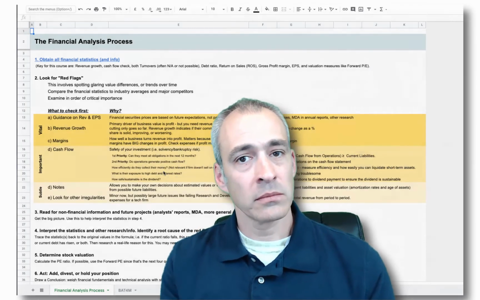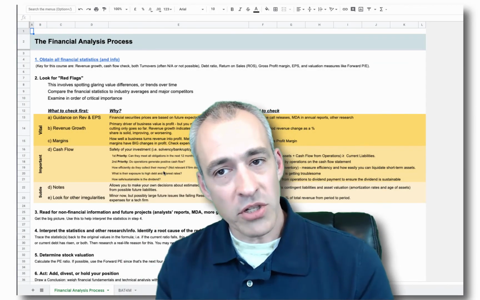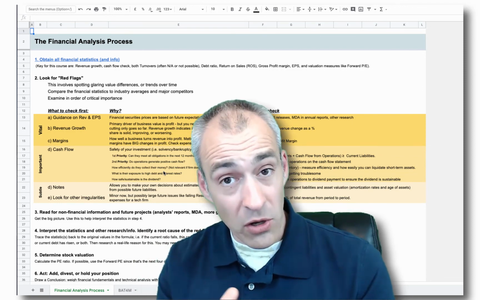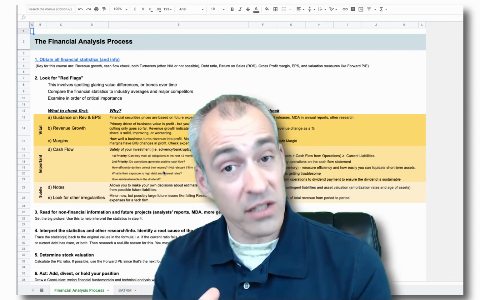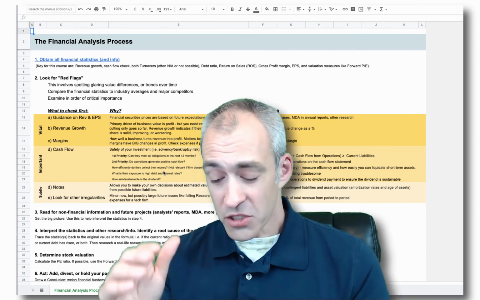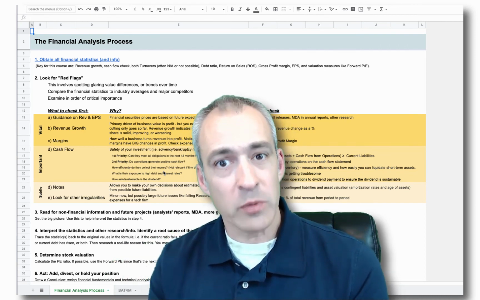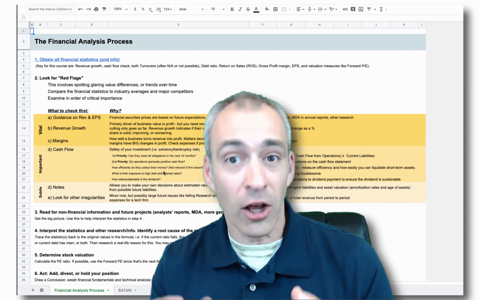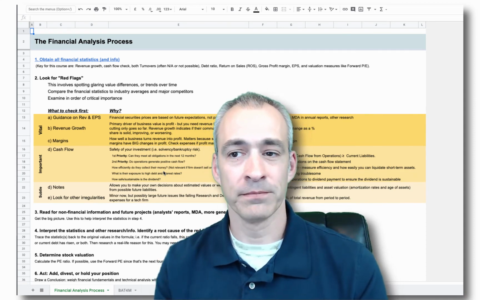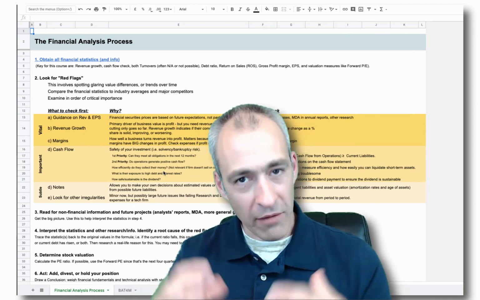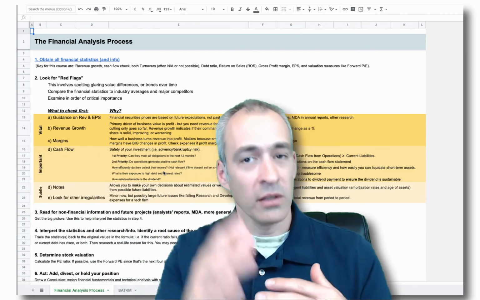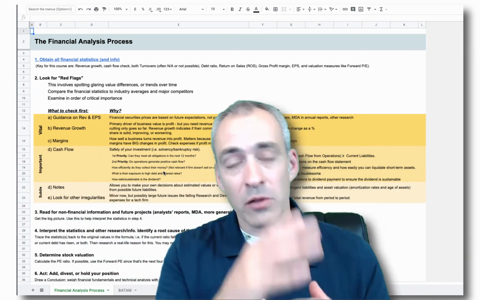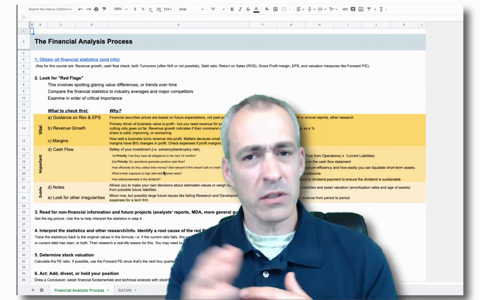But remember, the most important are here. Check the revenue growth, check the margins, check out the trend in those. Has it been a constant, sustained trend? Check that cash flow for safety in the near term, especially in economically uncertain times, right? And then once you have that baseline, you can start to look for other analysts' opinions, other professionals' opinions, and other little tidbits of info.